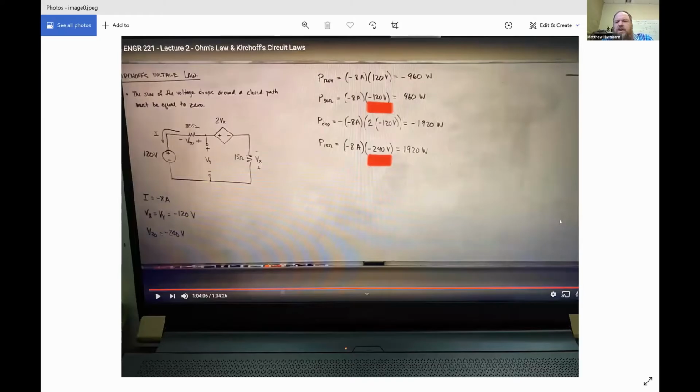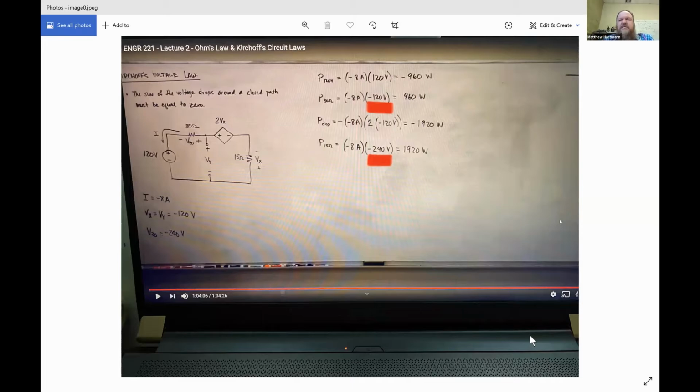So the first thing I would like to talk about today, before I kick it over to you guys if you have any questions, is a mistake that I made in the video lecture. Let me go ahead and share my screen here, if I can. A student pointed out correctly that when I was doing my power calculations for the 30 ohm resistor,